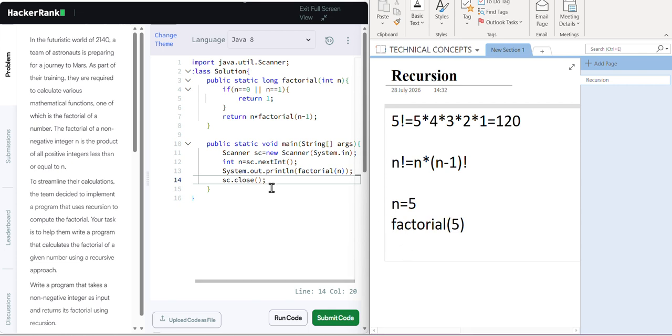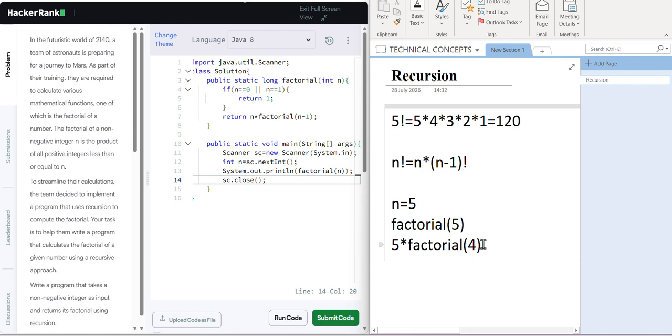See, the n value is not 1 or 0, so it will execute the else part. 5 into, again it will call this method factorial of n minus 1. What's the n value? 5 minus 1 is 4. I will directly write it as 4.